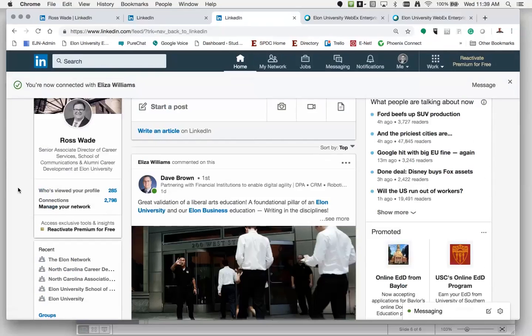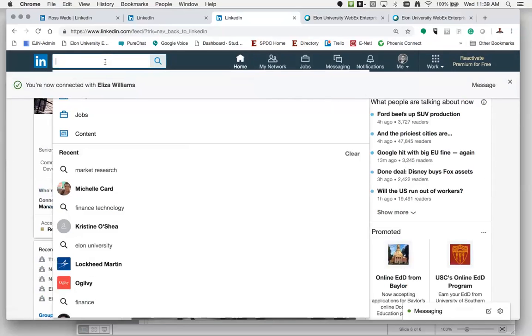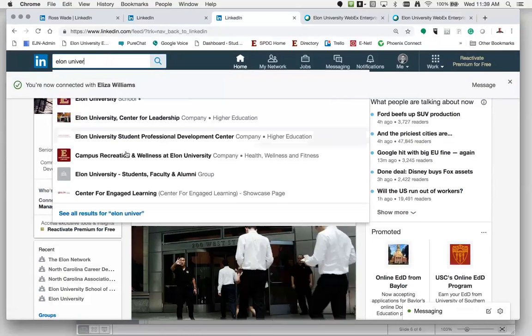All right, so let's talk about the networking piece now. And again, this is basic, but you can really do some great research on finding people and places. And I think the best place to start is starting at Elon. So if I go into the general search and type in Elon University, I'm now connected.